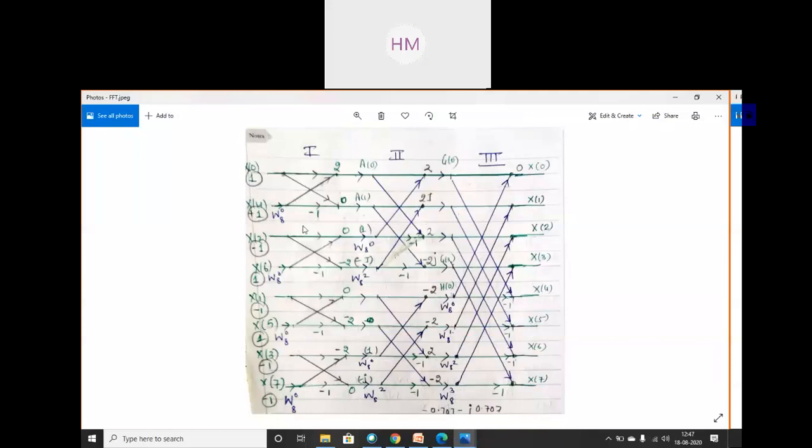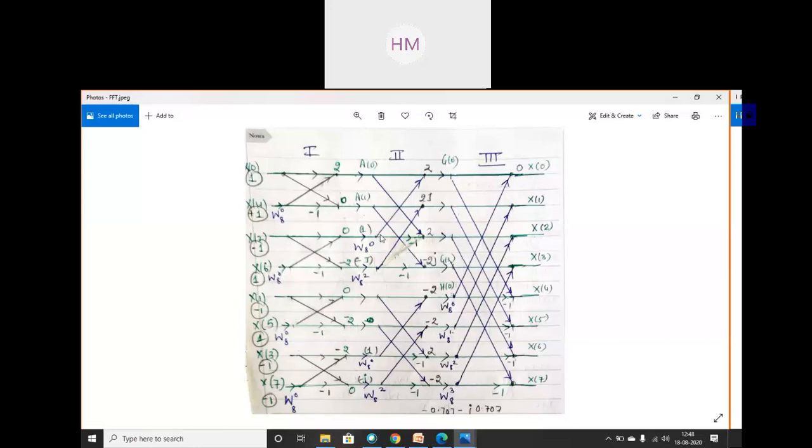See, wherever I am writing, ultimately in the third stage we are combining 4 lines, so only 4 twiddle factors are required. Clear? W8 to the power 0, 1, 2 and 3. So in first stage, wherever I am writing -1, there I have to write W to the power 0, 8. See, these things are coming from the theory only. I'm directly telling you, otherwise there are so many derivations to simplify this and to get these values. But what you have to do in the diagram, alternate positions, you have to write W to the power 0, 8. First stage में सिर्फ W 0, 8 ही आएगा, single line, single twiddle factor.